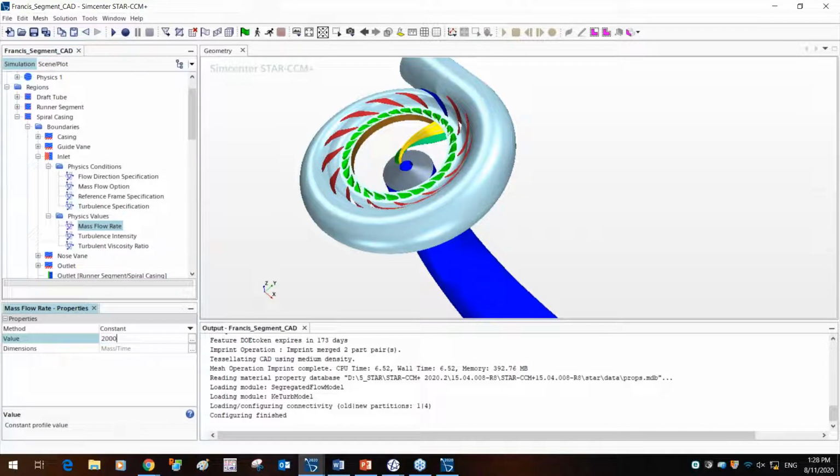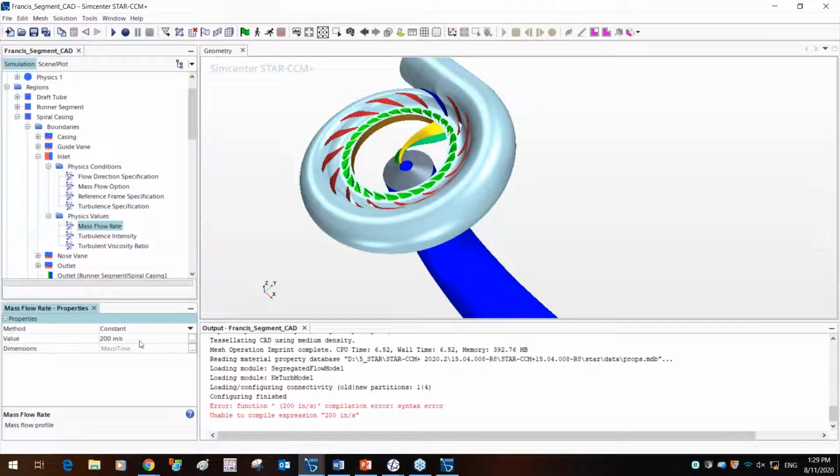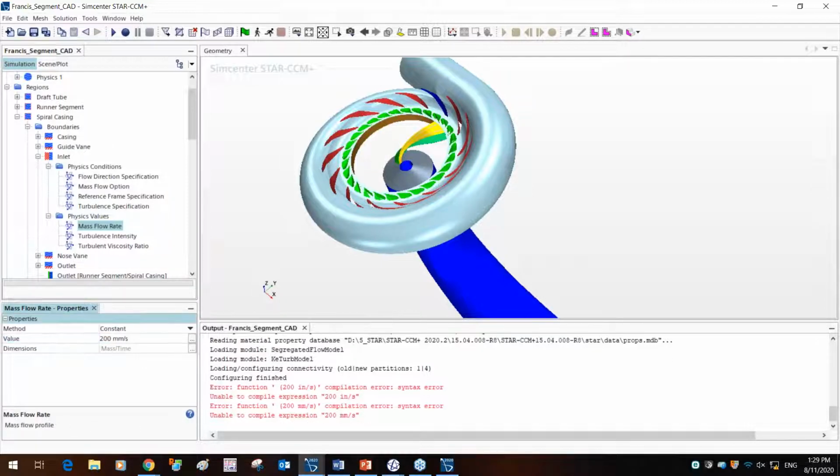All right. So one thing I do want to show that's pretty cool about Star CCM Plus is the ability of being neutral to units. So if you ever want to change this to 200 inch per second, that's all you need to do, or 200 millimeters per second, and that feature appears. Oh, sorry, there's a syntax error because this is in kgs and not in millimeters. I apologize for that. So let's say it's going to be grams per second or pounds per second. You can set up the units directly. So this is going to be 200 kg per second.